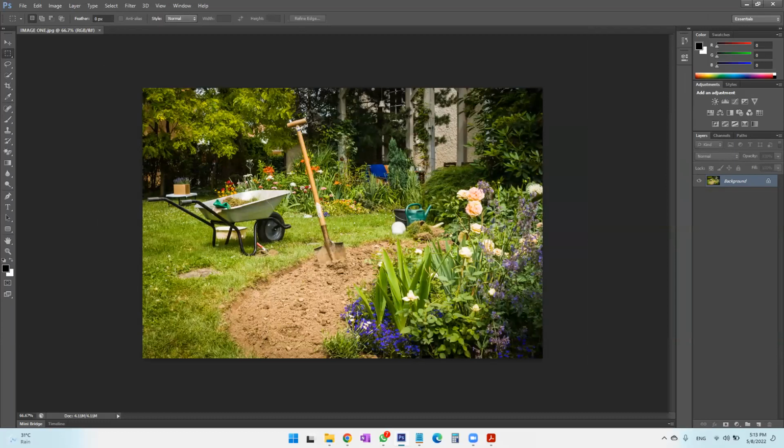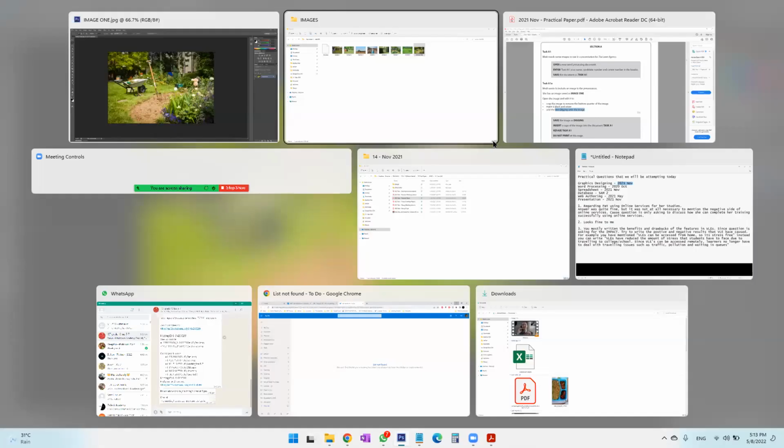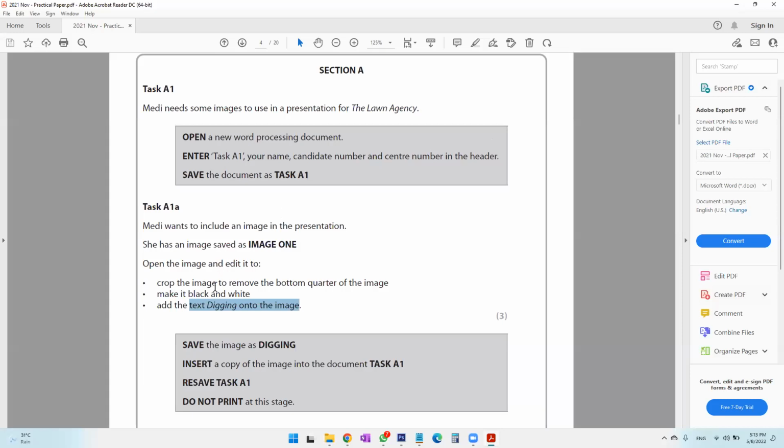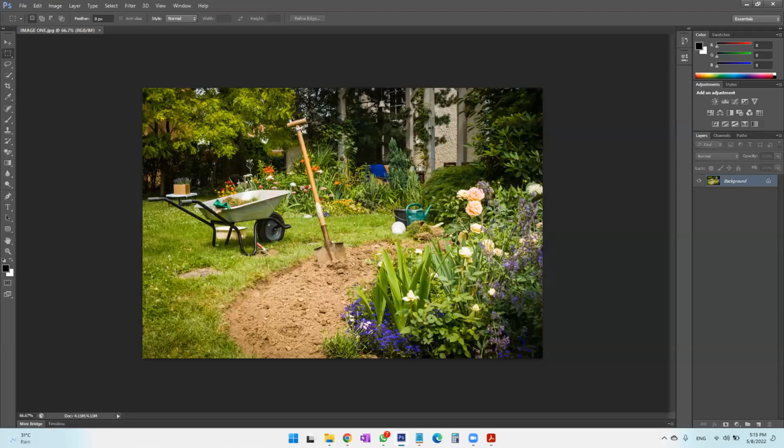Guys, any problem with how I opened, where to open, any questions in the chat? Okay. I'm just going to go ahead. Everybody with me now? So image has been opened up. First thing they say is crop the image to remove the bottom quarter of the image. So guys, the crop tool is on the left hand side. Shortcut key is